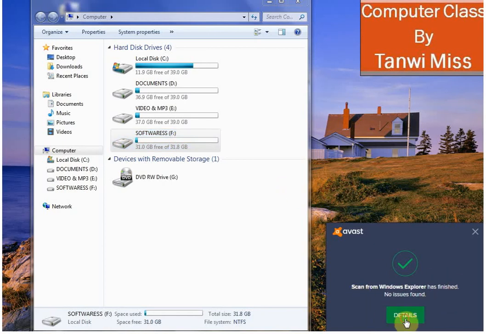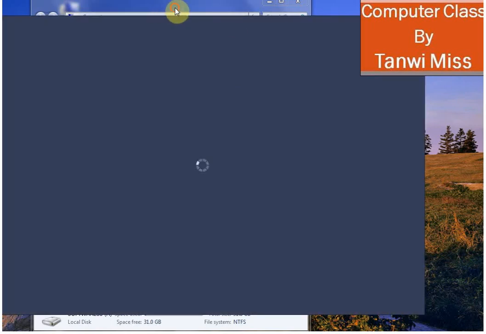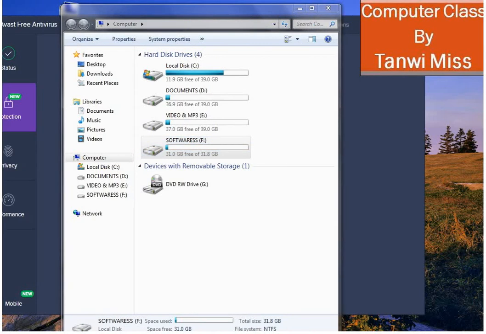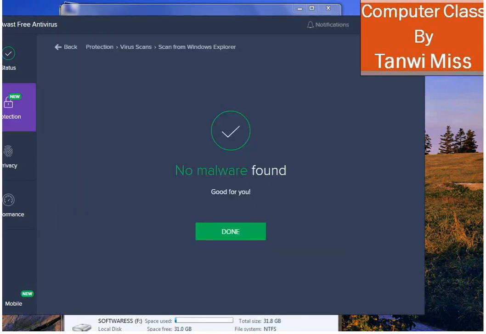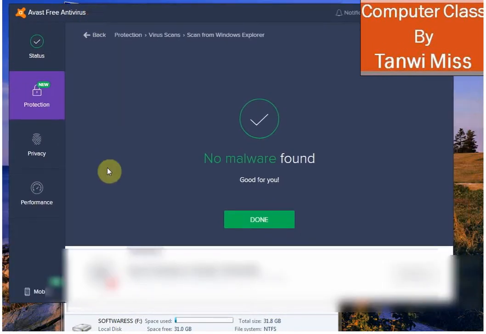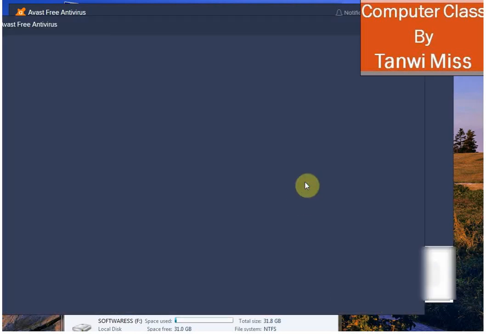So it has shown its result. If you want to go in details, click on details. Here you can see my IP address is visible, so it can be resolved.